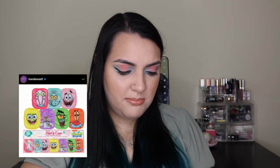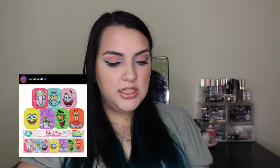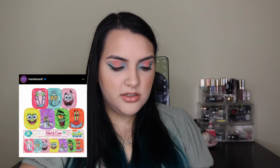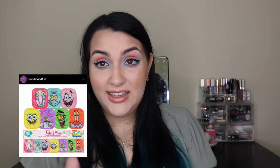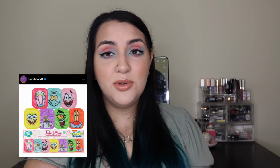Okay, up next is something I thought kind of looked weird, but I guess some people would like it. I'm not gonna buy it, but it's this SpongeBob and makeup eraser collab, I guess. It's different. Basically, there's 7 different characters on here, and they each have a different rag, I guess, to remove makeup. I'm just not interested in that, but I know my friend Julia would be, so it kind of just depends on what you still like versus what you don't. I just prefer my regular solid color ones,